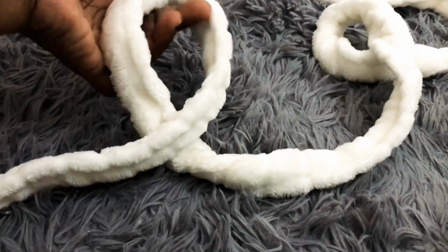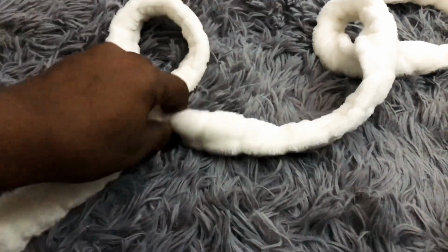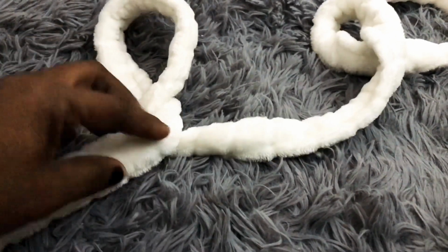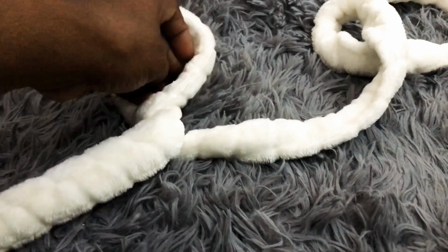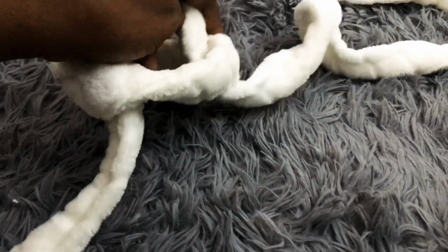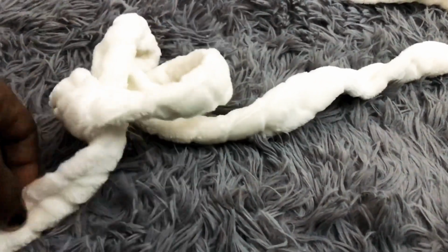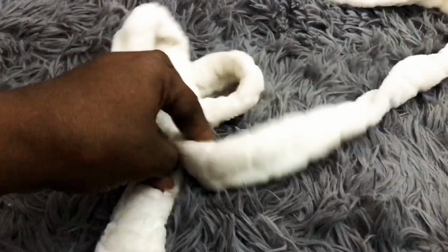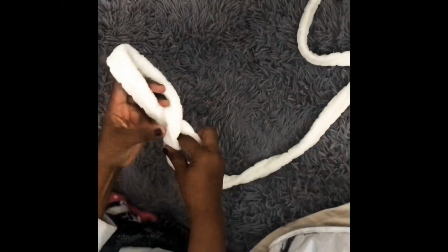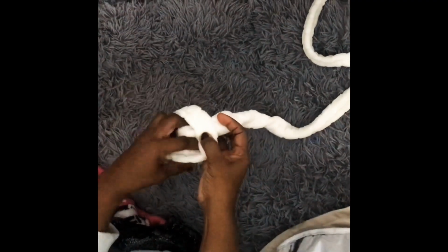From that loop, we're going to twist it around one more time, and this is what you should have. Now you should have the long piece on your right hand side, which is your working string. You're going to put your hand through the loop and grab the working string, which is the string on your right, and pull it up a little bit to create a loop. Again, breast cancer loop, twist again, slip knot created, pull it tight,